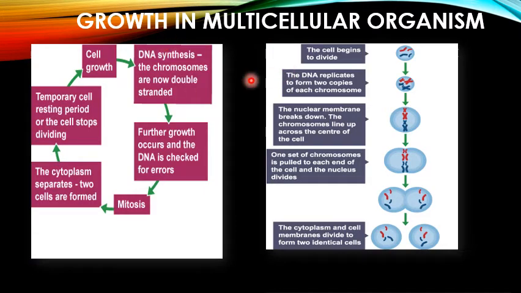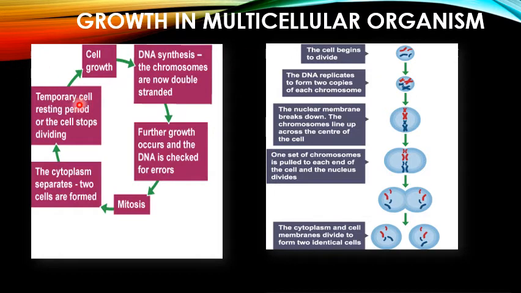And here you can see that growth in a multicellular organism means cell division takes place only when an organism grows or becomes damaged. When there is a requirement for cells, only at that time does cell division take place. It is essential that the new cells produced always contain genetic information. New cells are formed from existing cells.